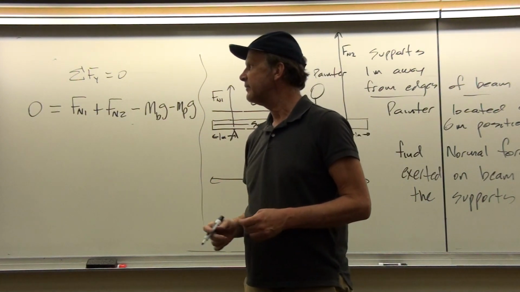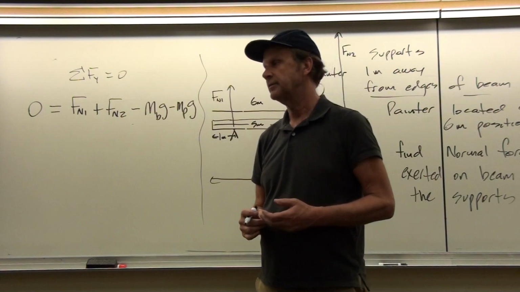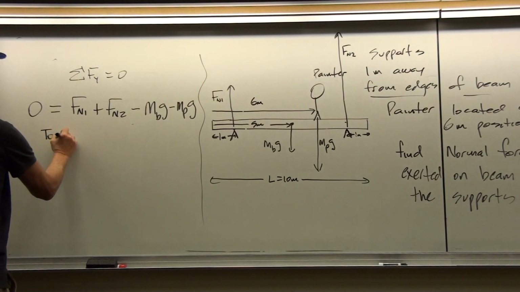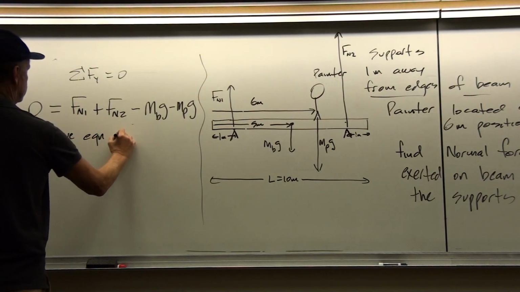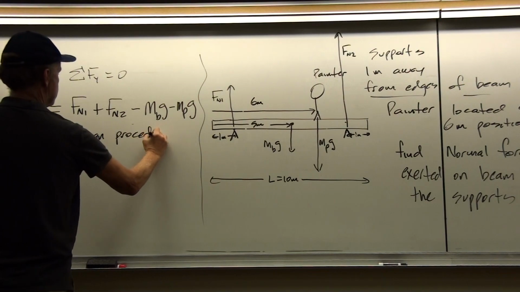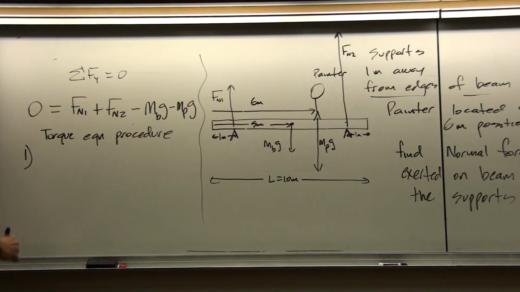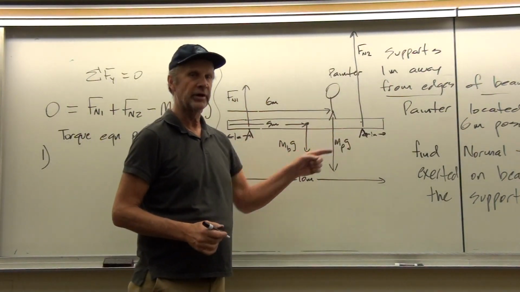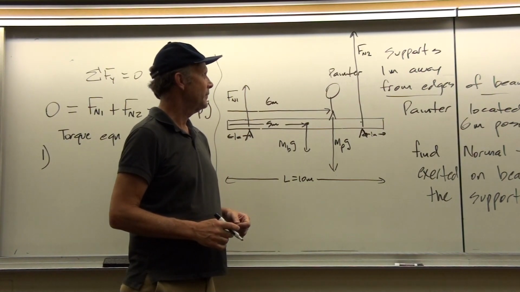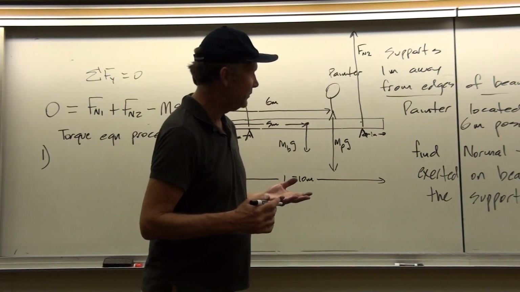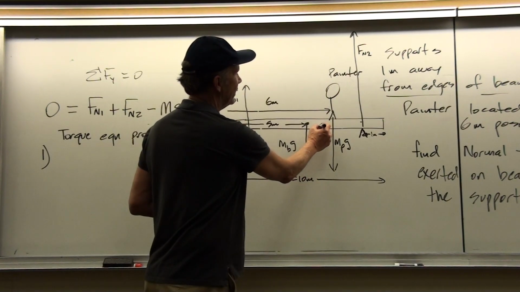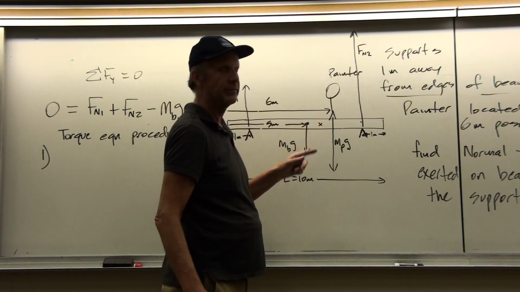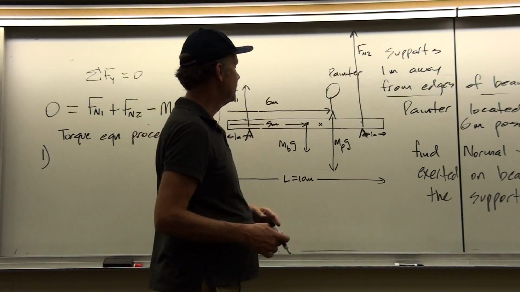But now we also have to take into consideration the torque equation. Now here's the way that I suggest doing the torque equation. Step 1, choose a pivot point. And you are free to choose whatever pivot point you want in this problem, but you want to do it in a smart way. You don't want to just choose a pivot point, say, randomly that's there at pi times the square root of e divided by 10 away from the center. Because if you do, your numbers are going to be horrible.